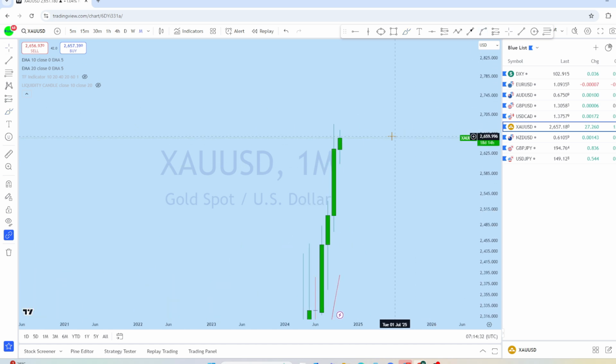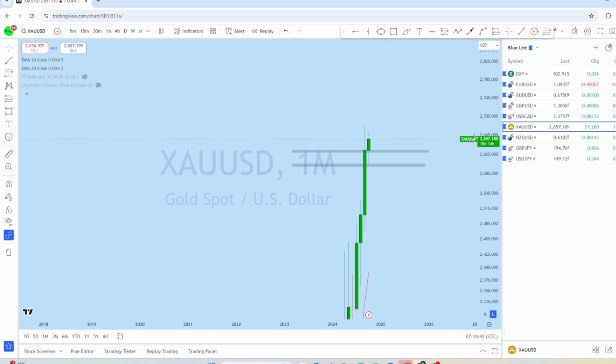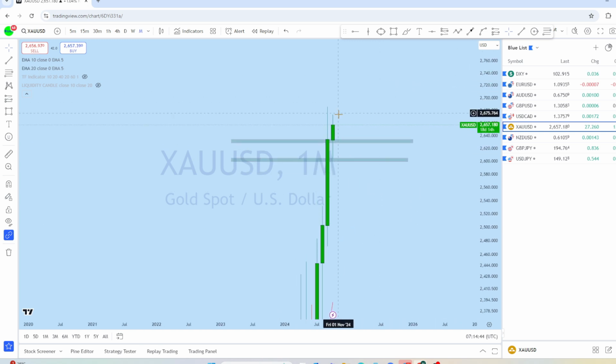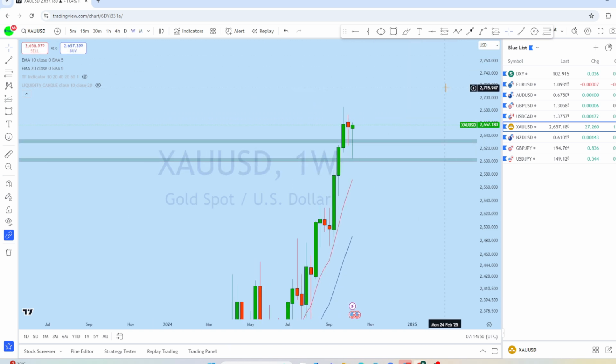And with that said, as we can see after the retest of this monthly support on XAUUSD, we can expect this market to retest, and I think that as the long-term picture is bullish, we may see that the bigger picture is still bullish. Now let's look at the weekly chart to see how the market is evolving.